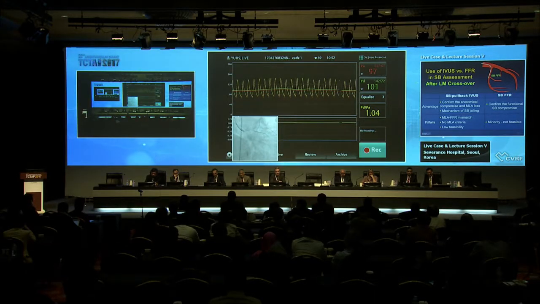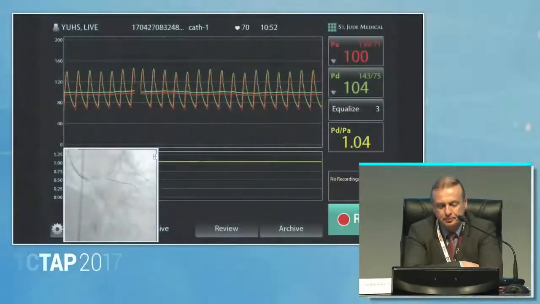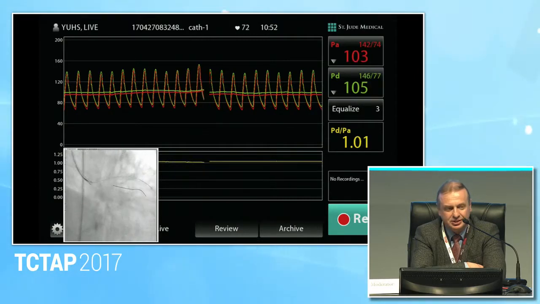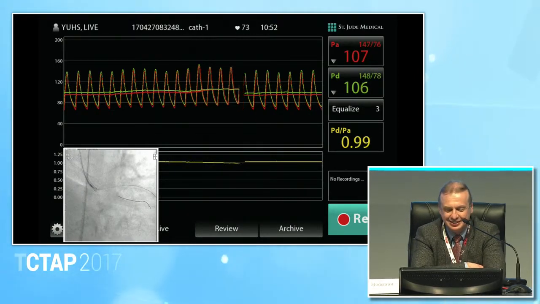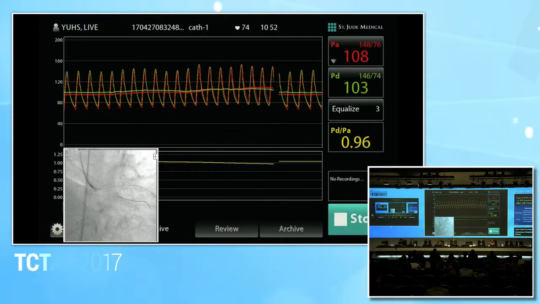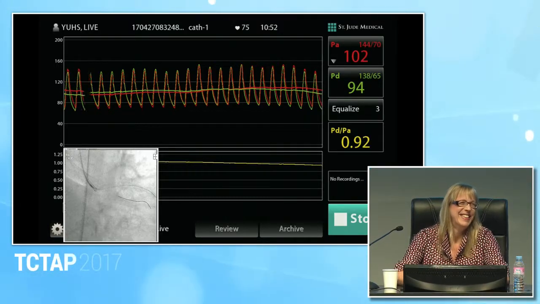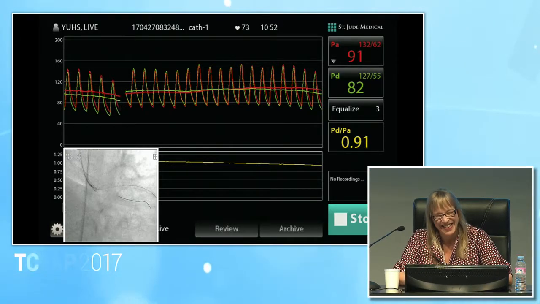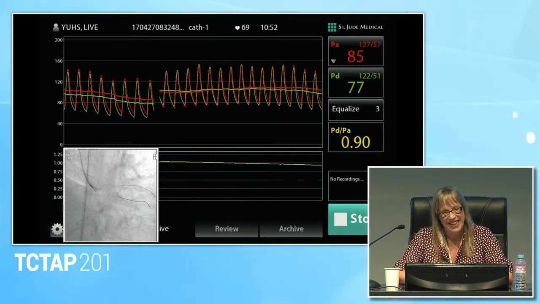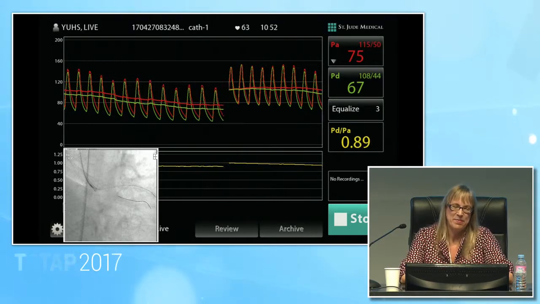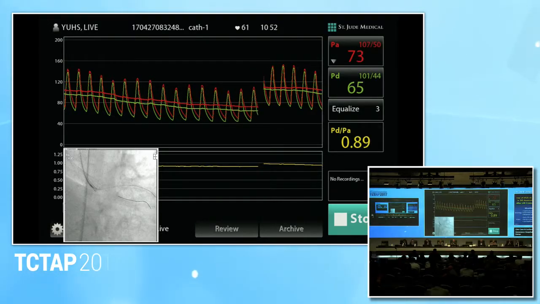Do you start it now with adenosine? Yes, okay, IV adenosine. It takes some time to dilate. We just check, did you administer some nitrates before? Yes. No. It's a bit of a conflicting answer. That's okay. Pressure down. It's real life. Okay, now we see that something happened. So not significant.